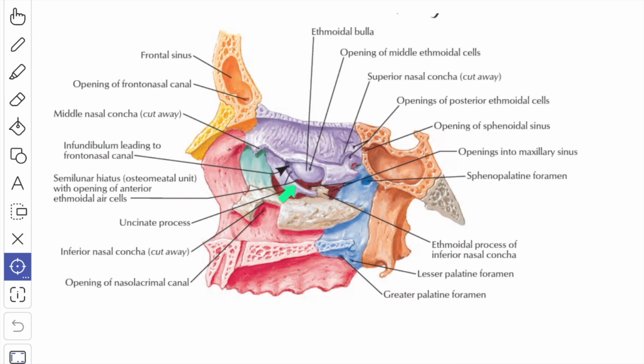So in between the uncinate process and the bulla you have the hiatus semilunaris. The floor of the hiatus receives the opening of the maxillary air sinus